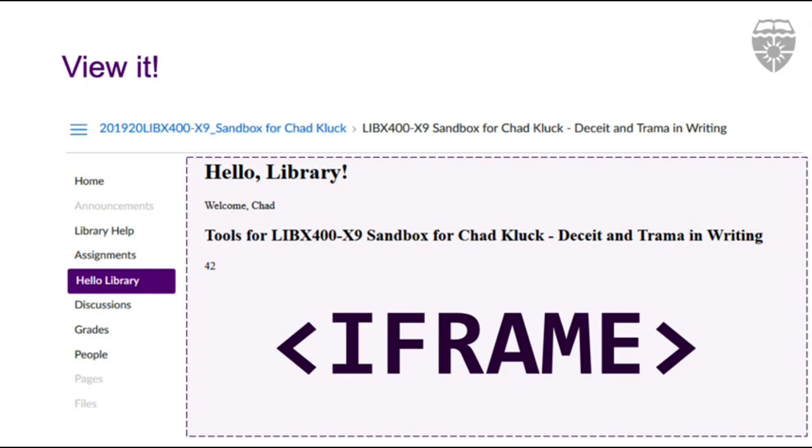So, the anatomy of an LTI. This is an iframe. This is why anything that you create, styling this area here, hiding things using CSS, is not going to work. Your code is only going to run in the iframe, and it can't affect anything else outside of it. Also, with it being an iframe,